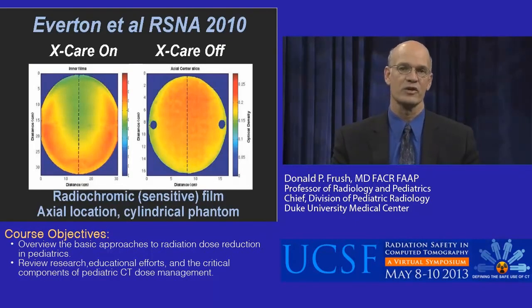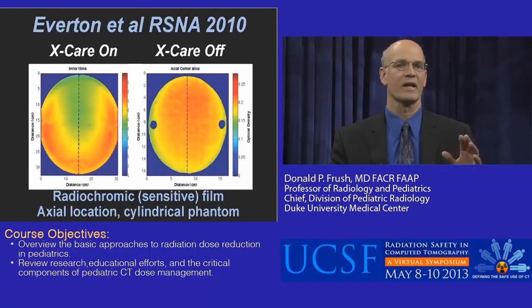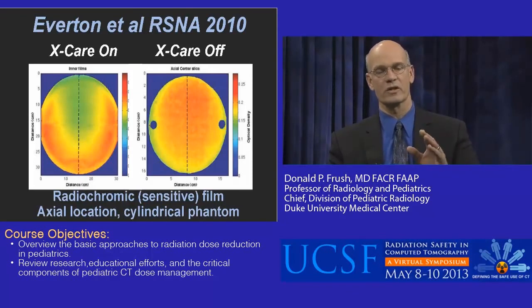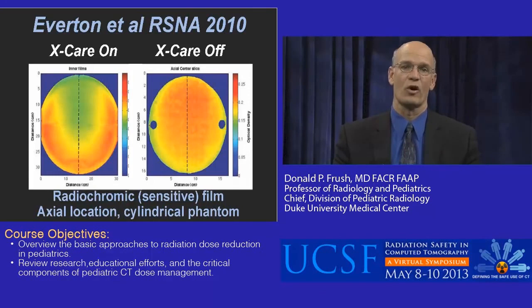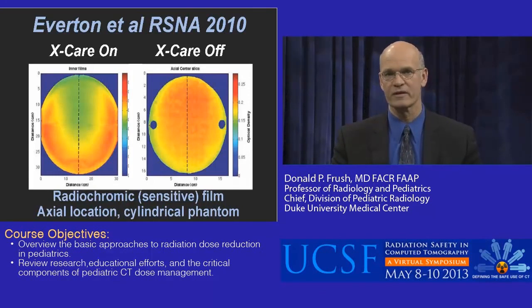And in fact, using a radiosensitive film here, the image on the left is with the organ-based tube current modulation on, and you can see green and light yellow over the anterior part, versus where it's not used on the right, and that has a more homogeneous distribution. You also have to note, though, that over the posterior part of this scan, those doses are increased. So you may be conceivably increasing the dose using organ-based dose modulation to areas in the rib and the spine,